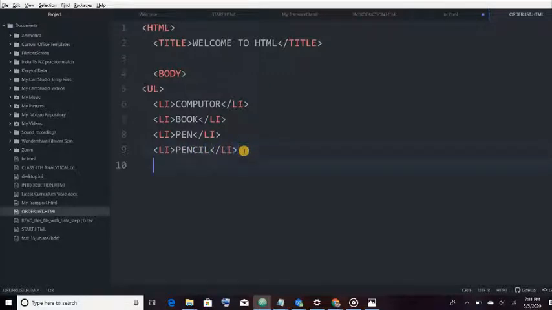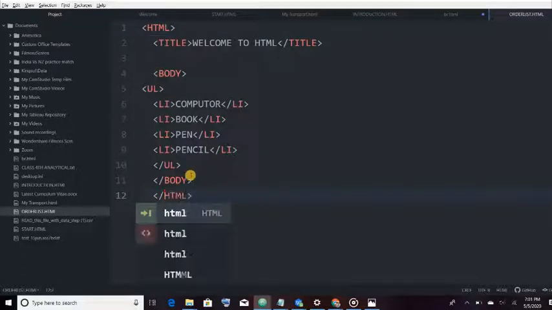So these are the four items which I have inserted. Now I will close the list. So I have closed the ul tag, and here is the body. I close the body. Now I will close the HTML tag, which is the main tag.